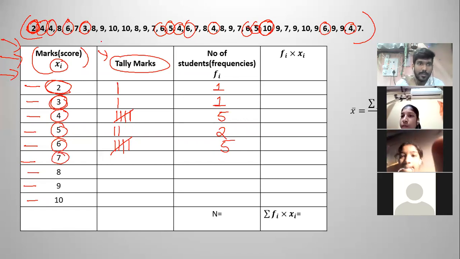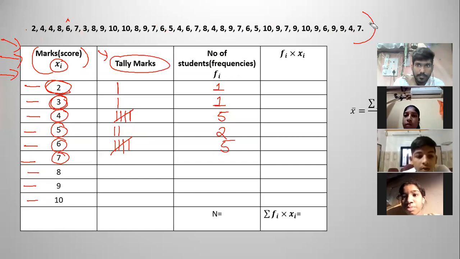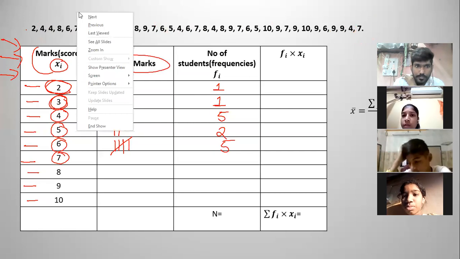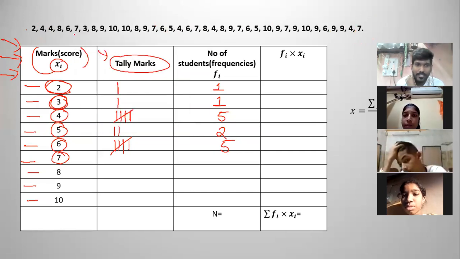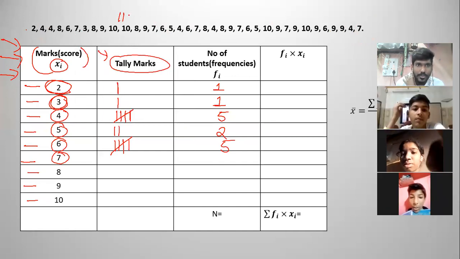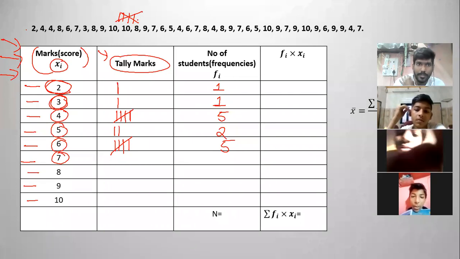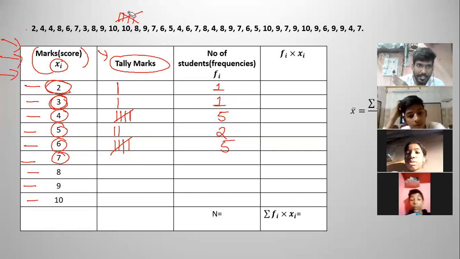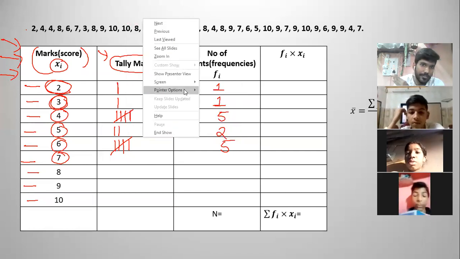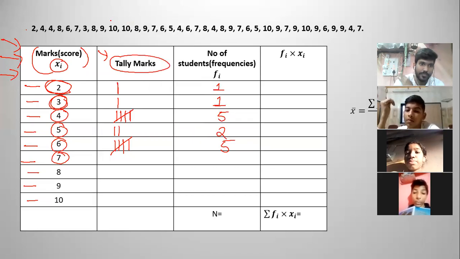See the number 7. Sir, we have to cut from the other side, no? No, it's okay. You can cut this way also. You cut it like this, or you cut it like that. Yeah, it's okay, you can do that also. That doesn't matter. But the 5th line has to be cancelled, like slanting. It has to be slanting. After 4 lines are done, the 5th one has to be a slanting line. That's it.